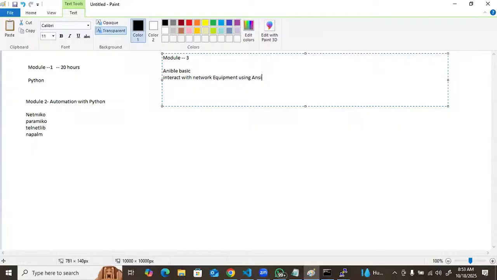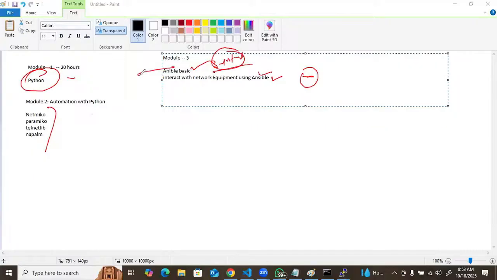Just like how we are going to learn, guys, first we need to learn Python. Similarly, we are going to interact with the network equipment using Ansible. Before that, we need to understand the Ansible basics and their syntax. And believe me, guys, Ansible is very easy compared to Python. In Python, the problem is you have to know programming, and only then can you write the script.